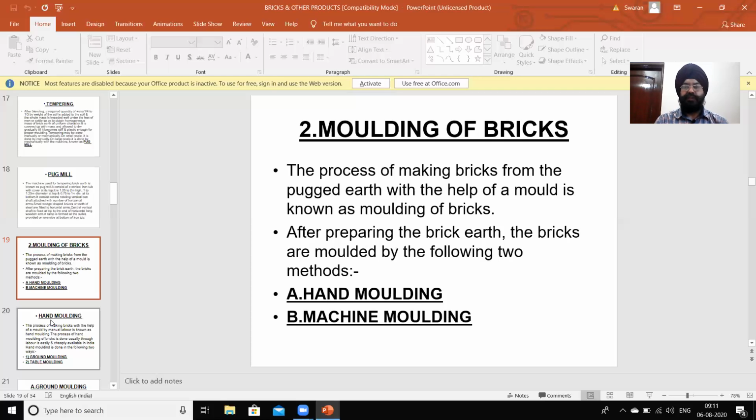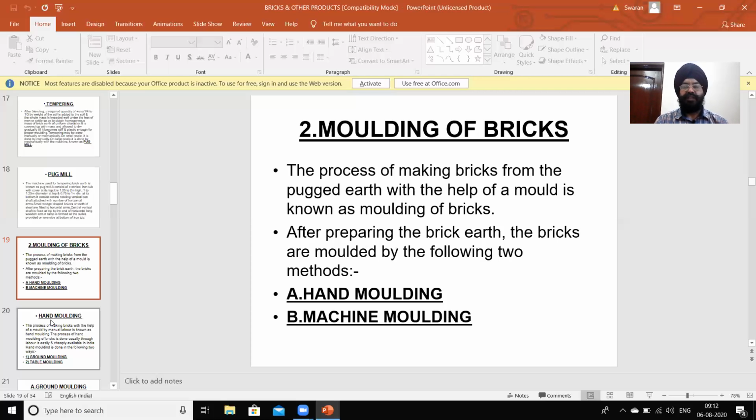The process of making bricks from the pugged earth with the help of a mold is known as molding of the bricks.